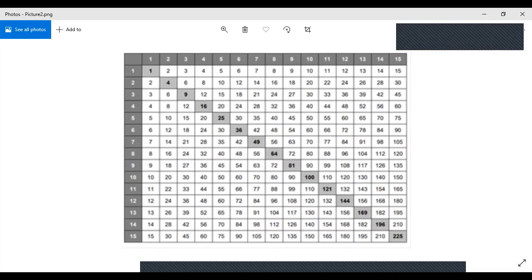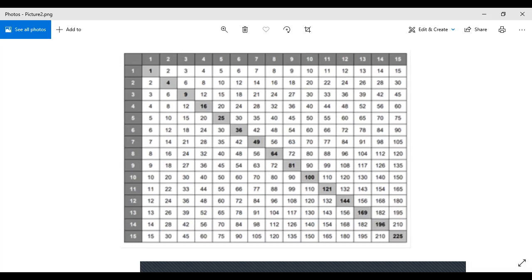Okay. Now how it looks like, you see that the very first row starts from 1 and it ends at number 15. Then the first column also starts from 1 and ends at number 15, and one column is left between that, right? Then we have started writing counting from 1 until 15 and so on, and we write till 225, right?